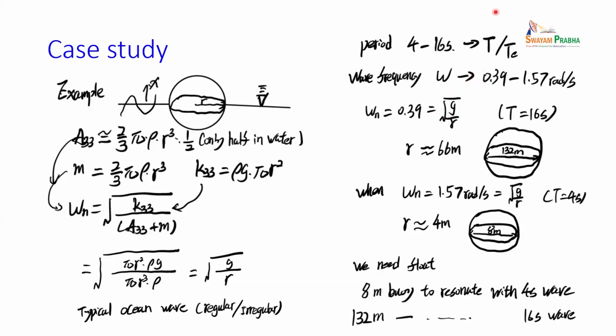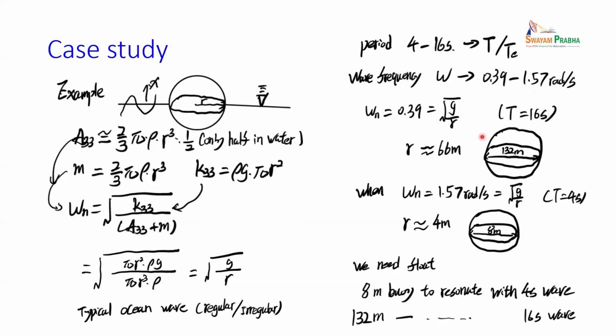Omega is 1 over pi divided by t, right? So then you can get that it is about 0.4 to 1.6 radians per second. So now let us say you want to create a resonance for a 16 second wave, then your buoy diameter